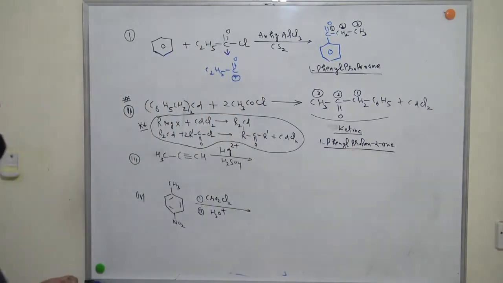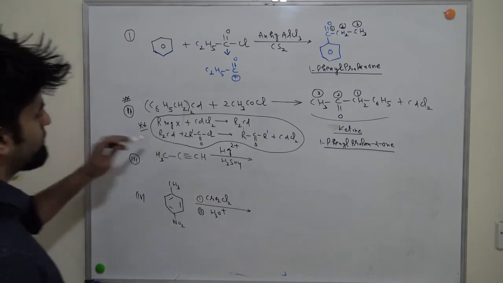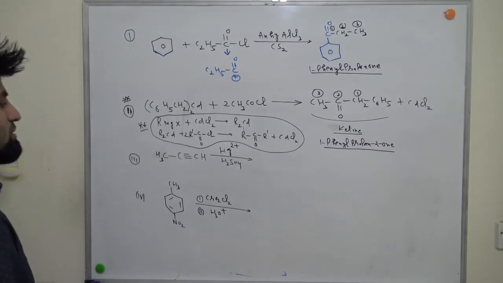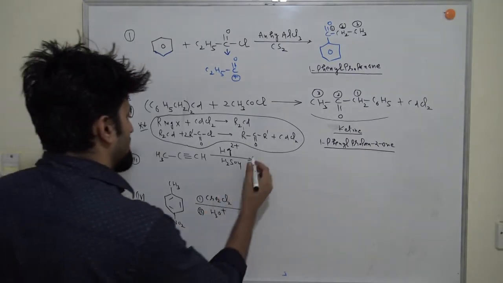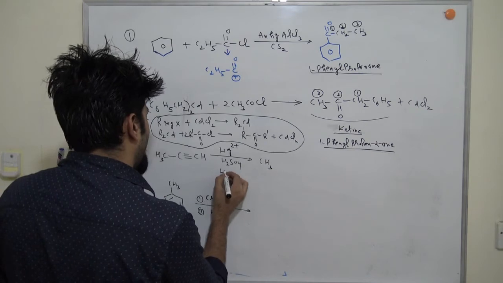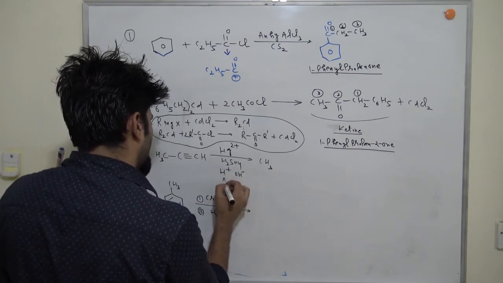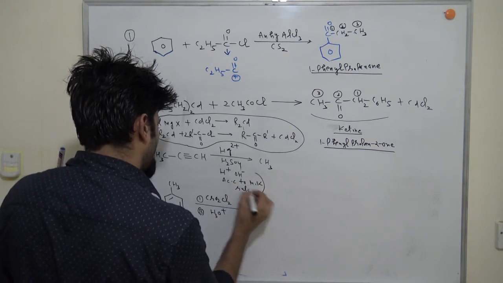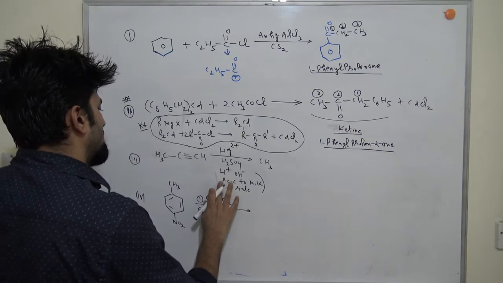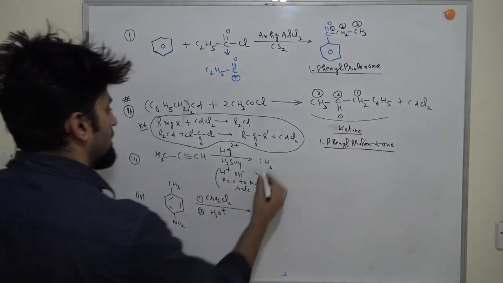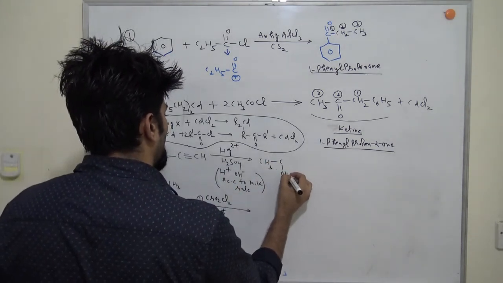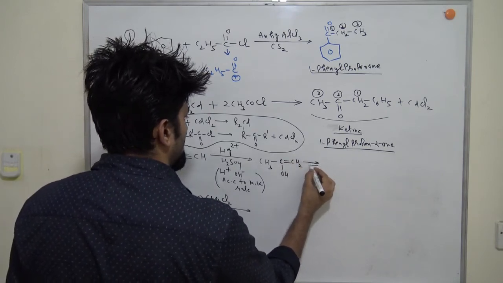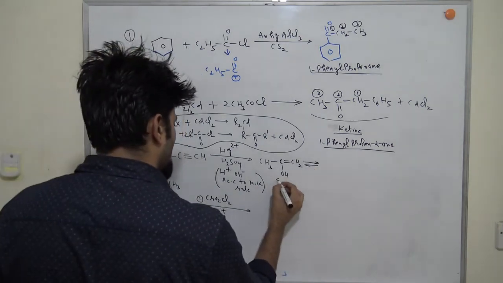Okay guys, then the next one is alkyne with Hg2+. If you remember, this is basically hydration. I told you a trick also, but if you forgot the trick, then add H+ and OH- according to Markovnikov rule. So you do that, and you will get C(OH) double bond CH2. Now this is your enol form.